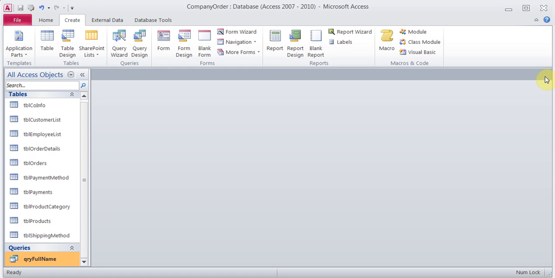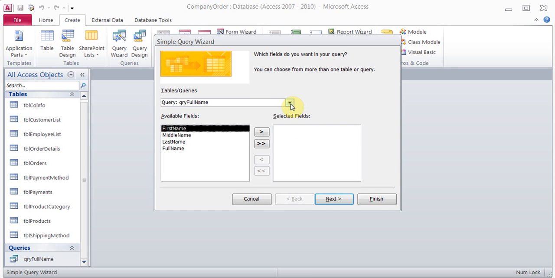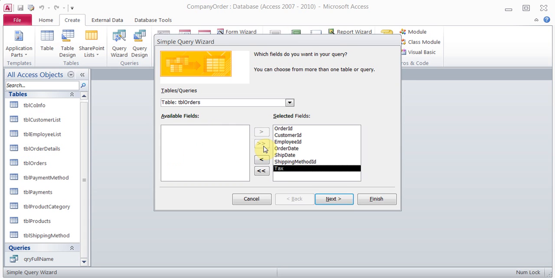Now I want to create a query which will help me to create an invoice, so that I'll be able to create a report and I'll be able to run this query, and then I can say create an invoice for order ID 2. So to do that, I'm going to create a query. So I go to query wizard, simple query, and I'm going to use the table orders. Add all the fields, click next,